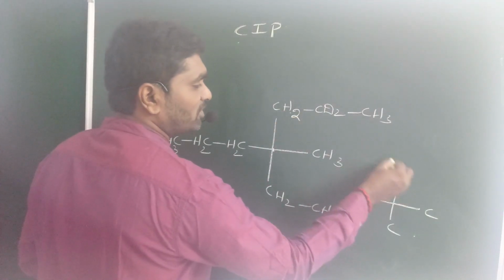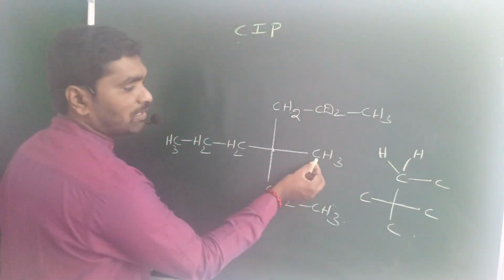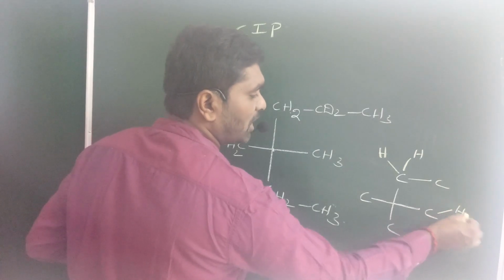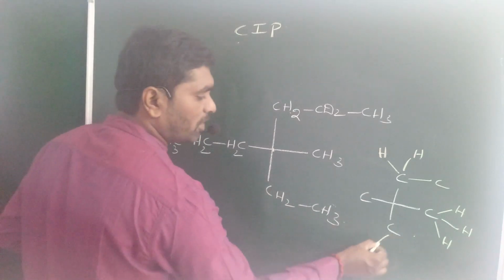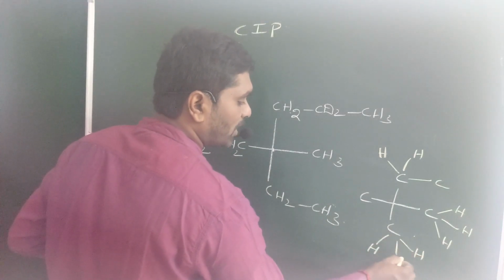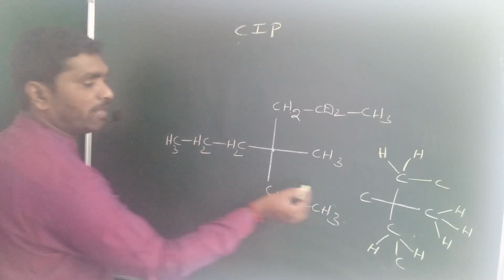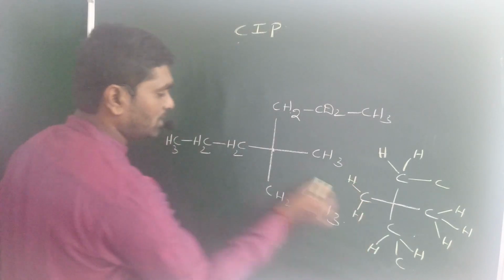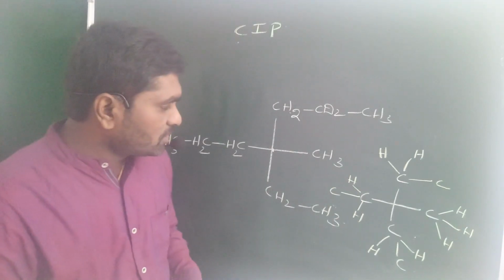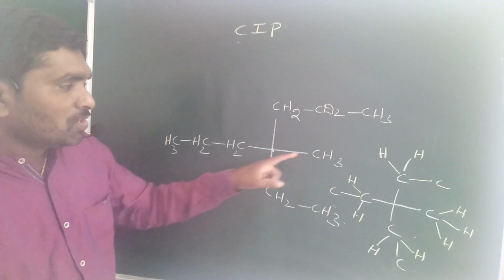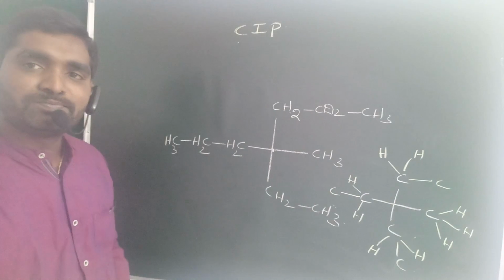The carbon above the plane may be bonded with 2 hydrogen atoms and again 1 carbon atom. The right side carbon may be bonded with 3 hydrogen atoms. The carbon below the plane may be bonded with 2 hydrogen atoms and again 1 carbon atom. The left side carbon is also bonded with 2 hydrogen atoms and again another carbon atom. So this carbon compared with this carbon, the remaining are higher priority groups.